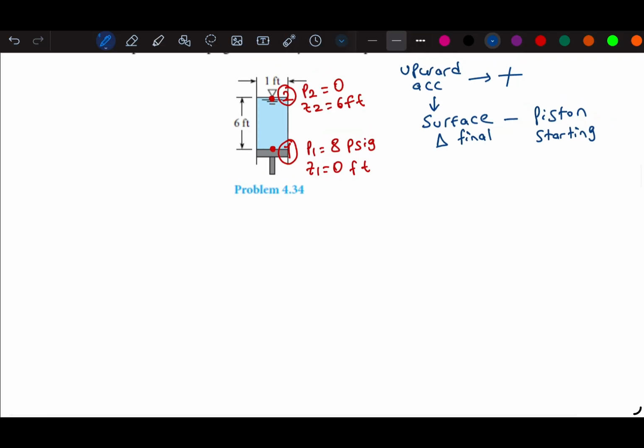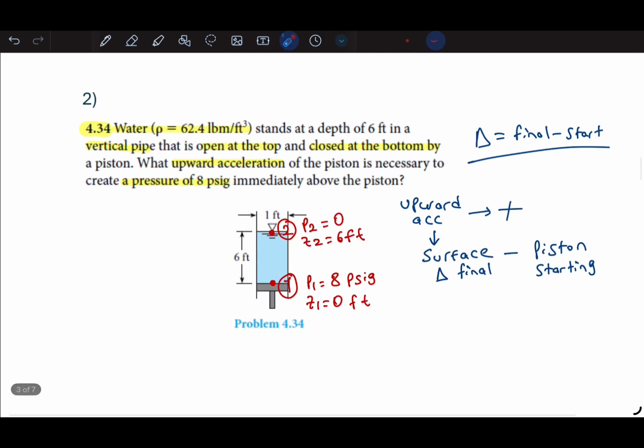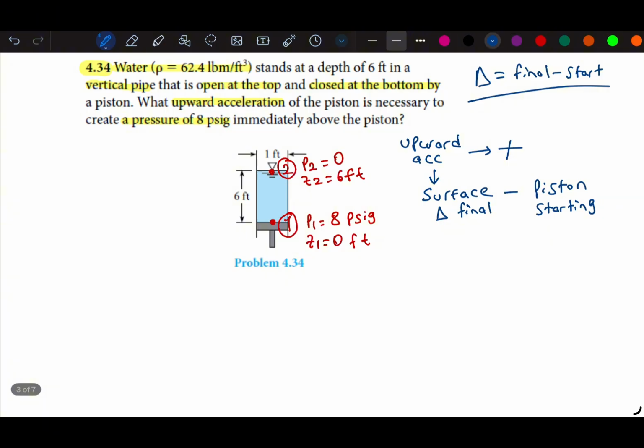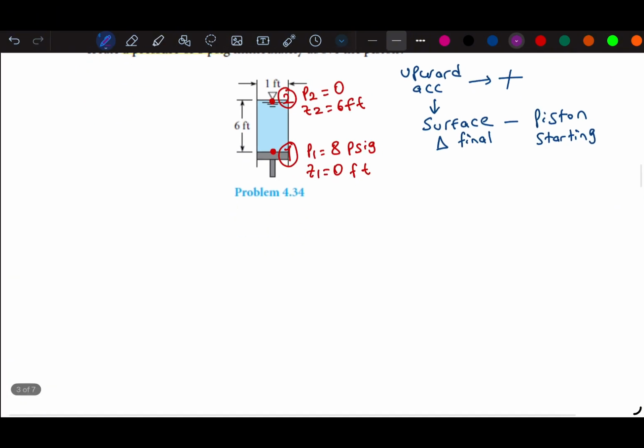So here we need to use Euler's equation, because Euler's equation tells us that the pressure difference between 2 points in a fluid that's separated by a distance L, which is 6 feet, can be calculated by density times acceleration. So actually this equation directly points to Euler's equation, and we can solve the question using Euler's. And you can get this from your slides. So Euler's equation is equal to